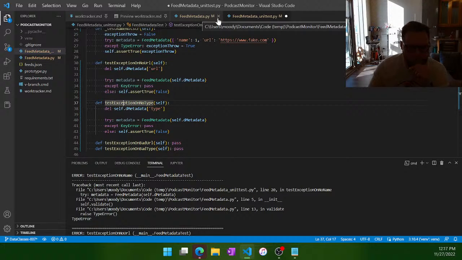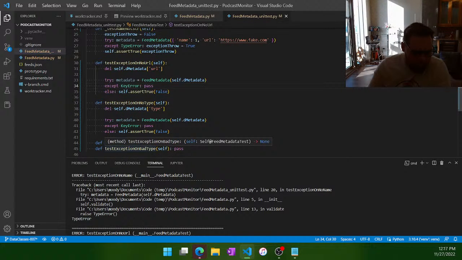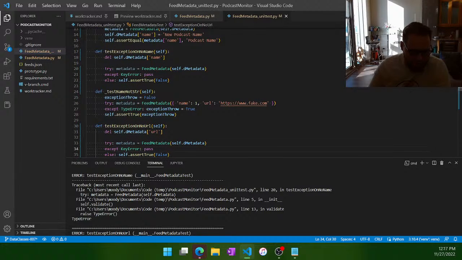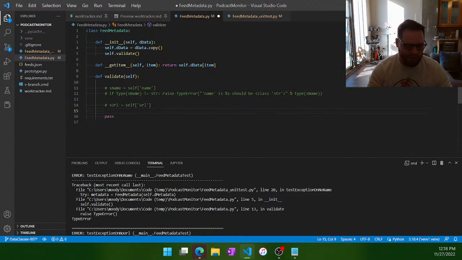where if, well, so this one here is actually a type error. So we have to figure out what type of error we want to throw if it's not necessarily the wrong type. So it could be the wrong type, or it could be a bad, like just not a URL. So if it's just some random string that's not a URL, we'd want to raise,